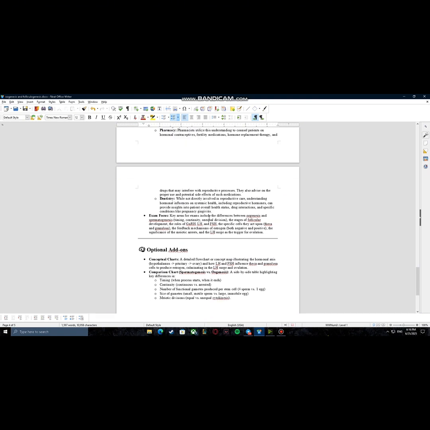Key areas to focus on for the exam include the difference between oogenesis and spermatogenesis, the stages of follicular development, the roles of GnRH,